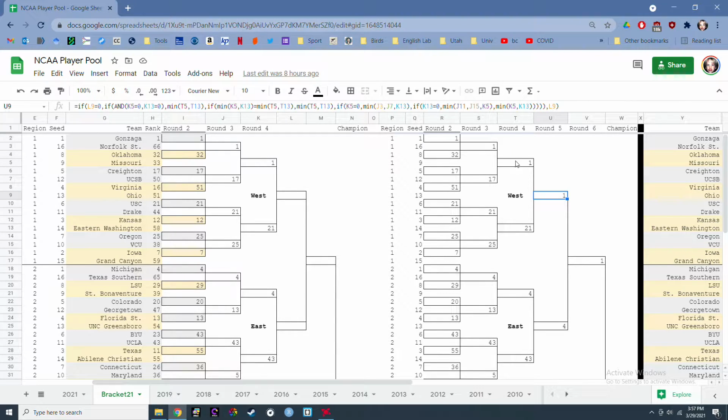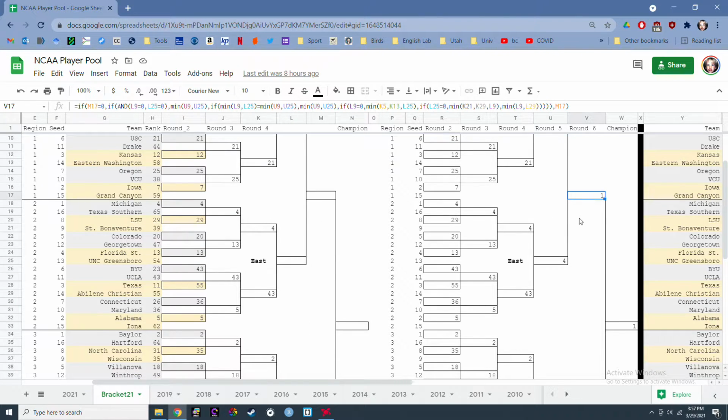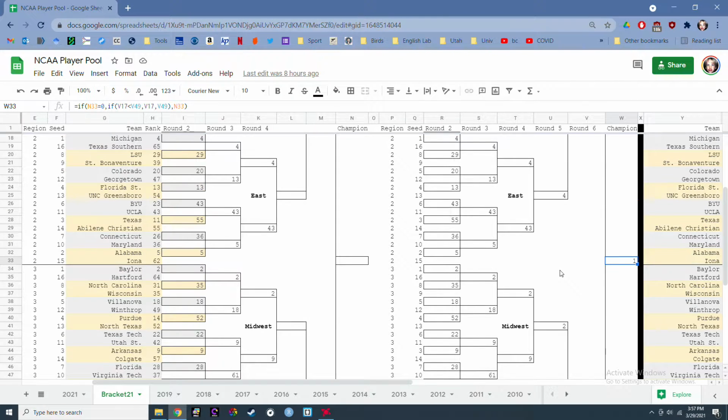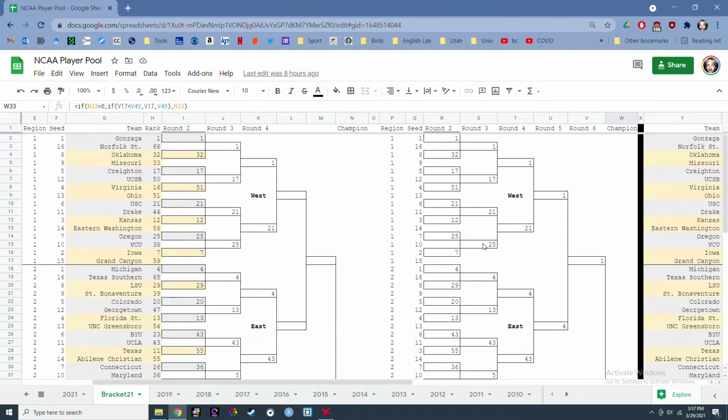The seeding projection just follows these rankings handed out by the selection committee. Because Gonzaga is ranked number 1, they're just going to continue winning no matter who they play, according to the seeds, right? Here are the lower two brackets. So that's how the projections work.